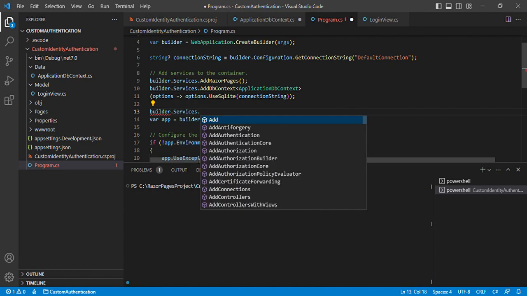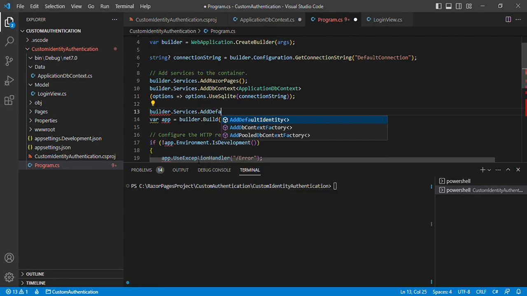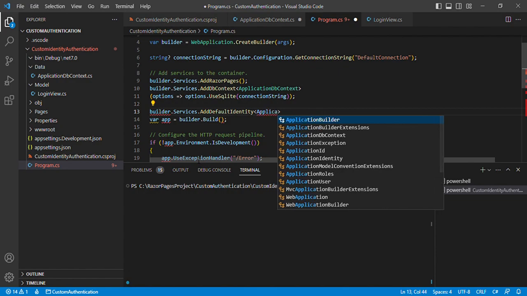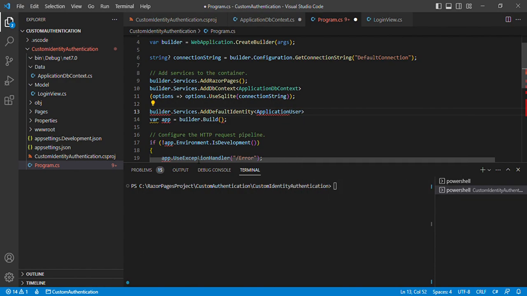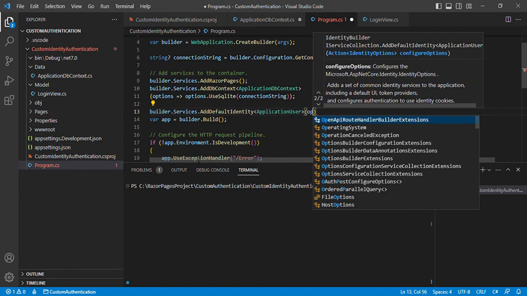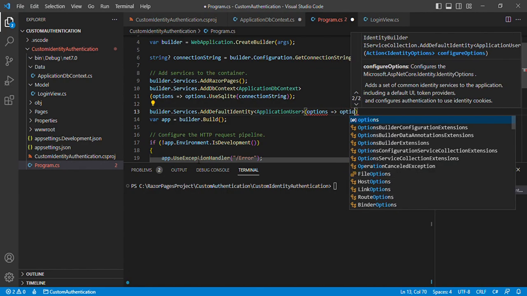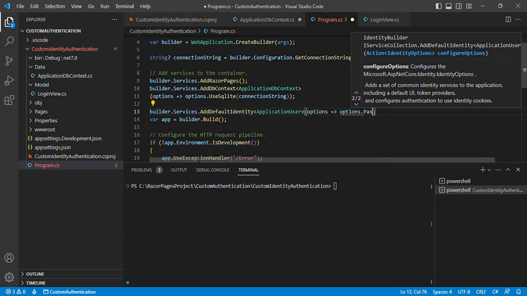the context dot add default identity. Our identity is of application user, and with all the options, dot sign in dot